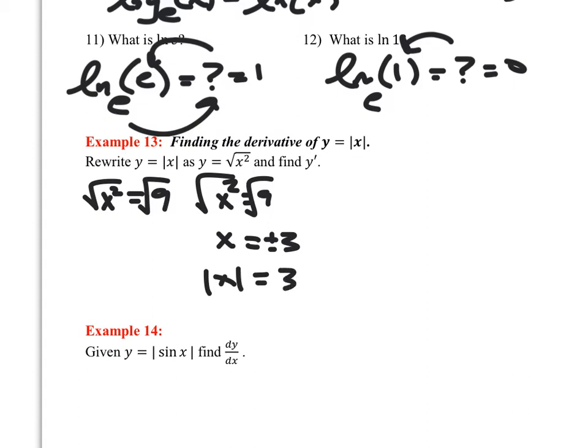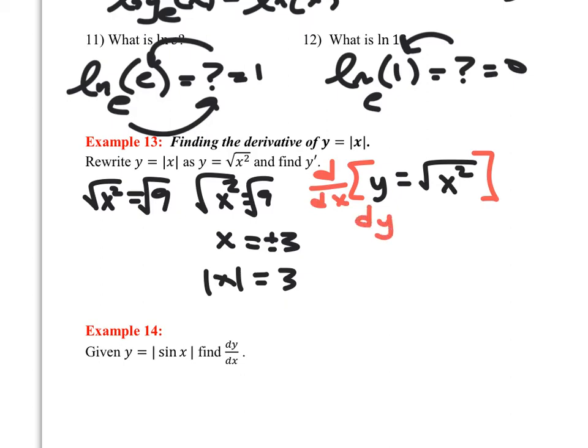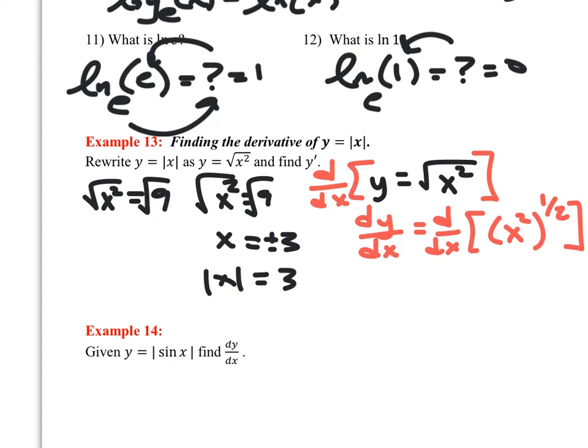So technically speaking, we're going to take y, call it the square root of x squared, and we're going to differentiate that with respect to x. So of course that would make this dy dx. And here, I'm going to take the derivative of this, and I'm going to put it in power rule form. So I'm going to go x squared to the 1/2 power. We don't want to simplify that by just negating those powers. What we want to do